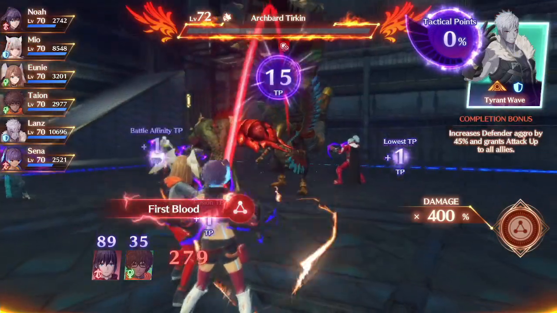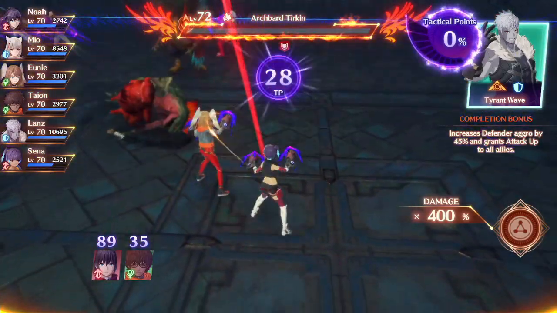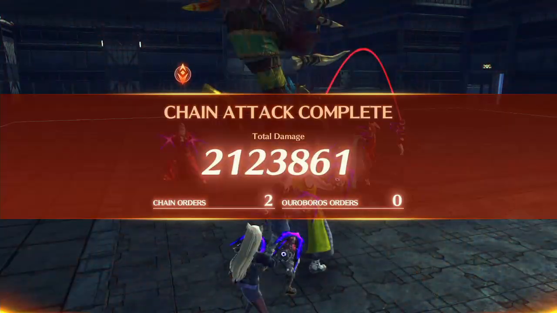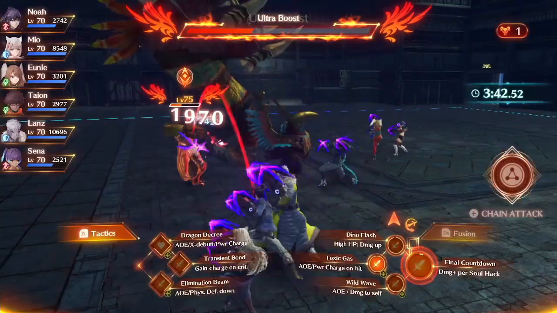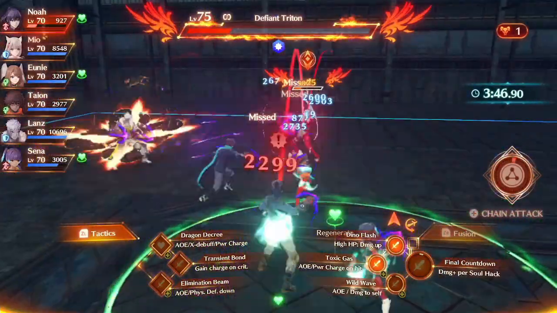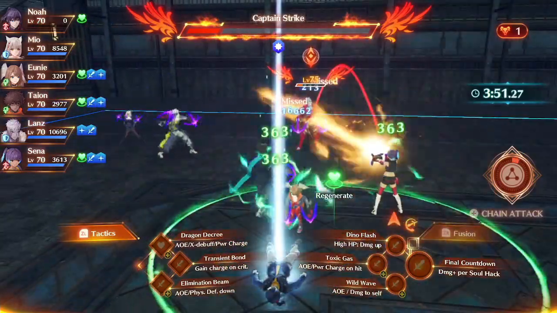We should have probably unloaded on him. Yeah, King Triton is right there. I didn't even notice he was there. Well, that was okay. Well, honestly, it's fine. We had to kill the adds around first anyway, so we went ahead and did that, and